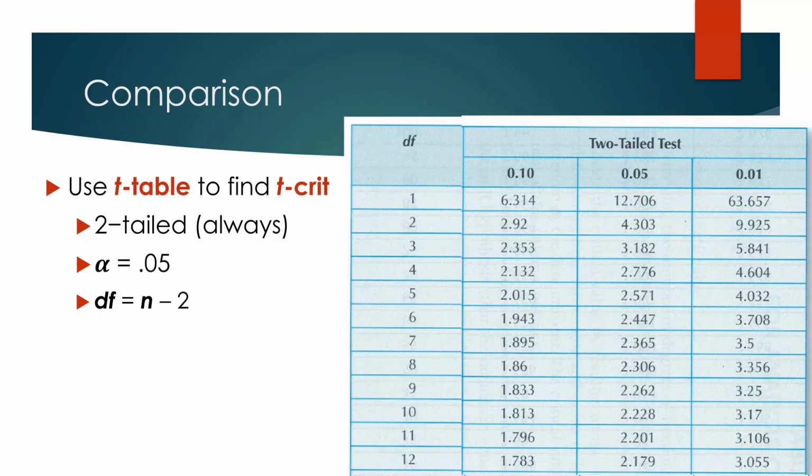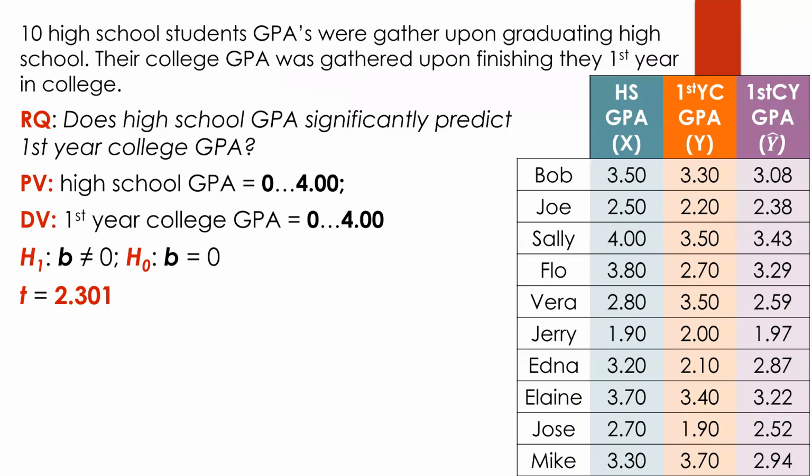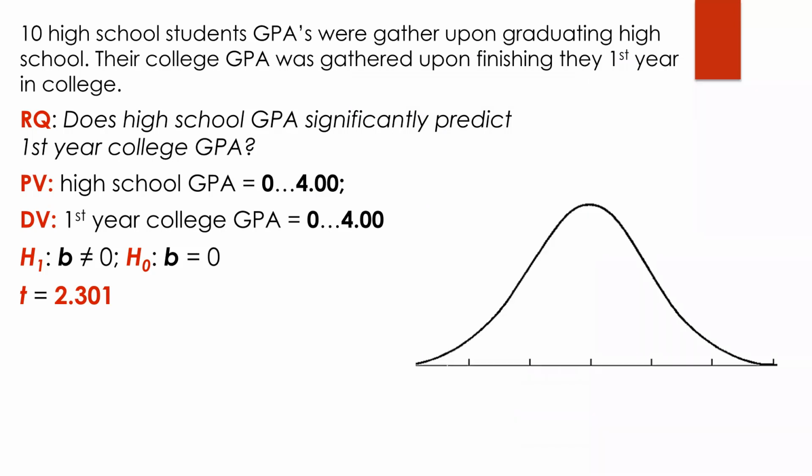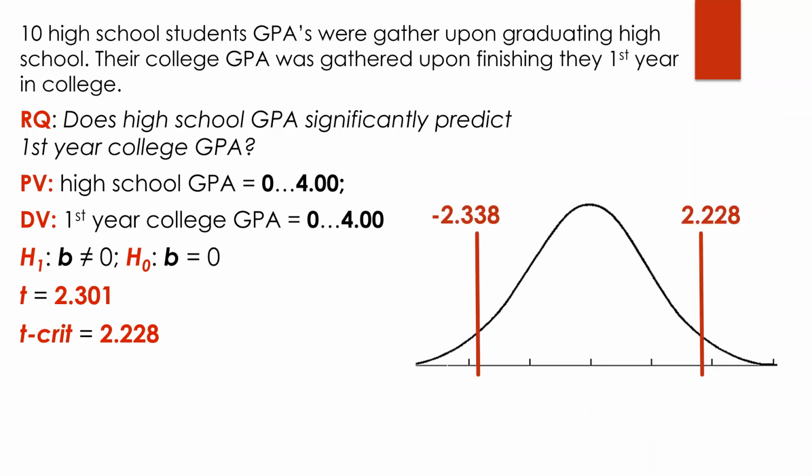Alpha is 0.05 and degrees of freedom is n minus 2. So take the sample size minus 2 and you get your DF. So go ahead and find that on the t-critical table. Two-tailed, alpha 0.05, n equals 10, and then continue on. So the t-crit you should have gotten is 2.228, and that's going to be plotted on both tails, so it's positive and